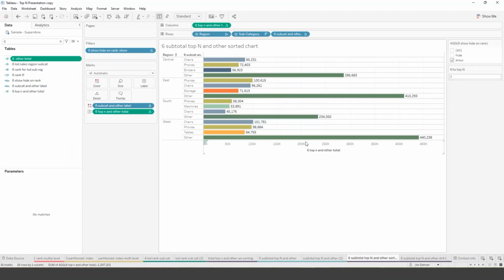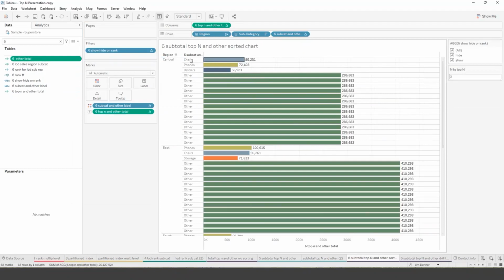So if I unhide what we're looking at here, you can see that in our expression, the top 3 values are at the subcategory level, and the remaining values are all at this other value. It's all lumped together. And all we're going to do is come back and look at the top n records plus 1 more. And that's what